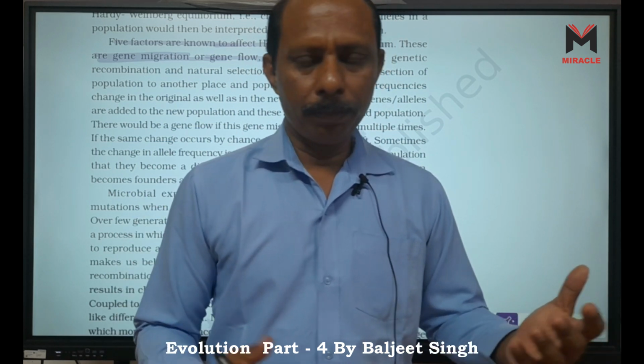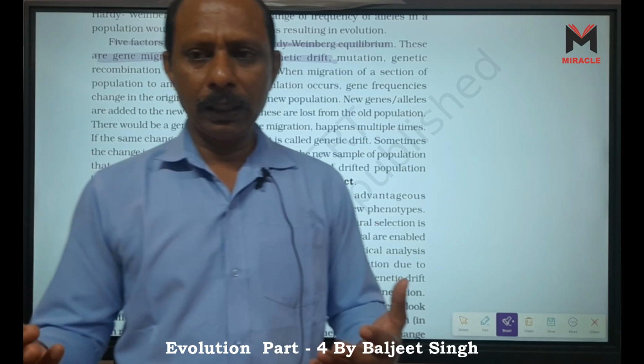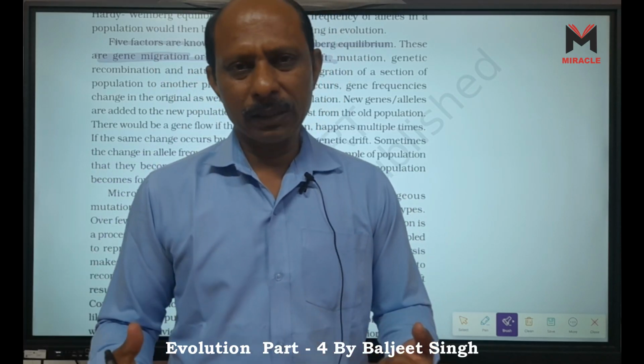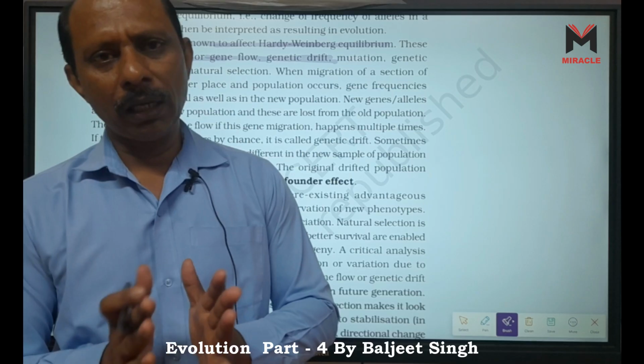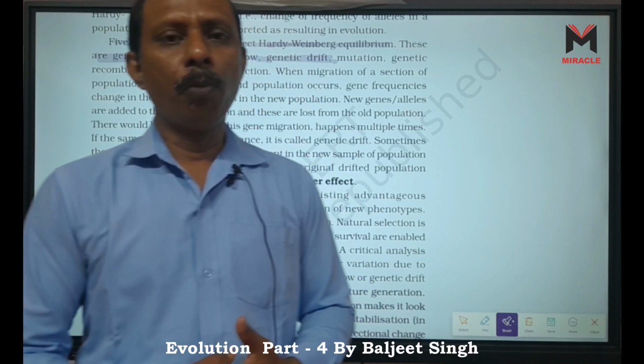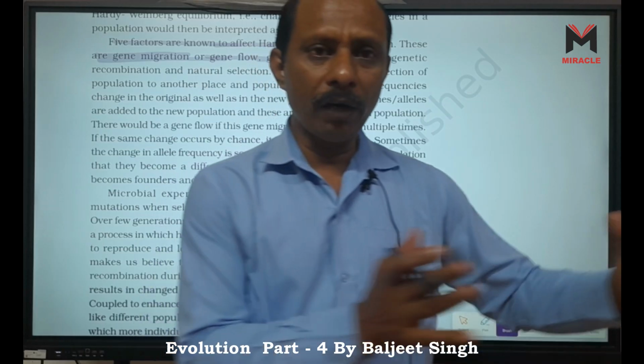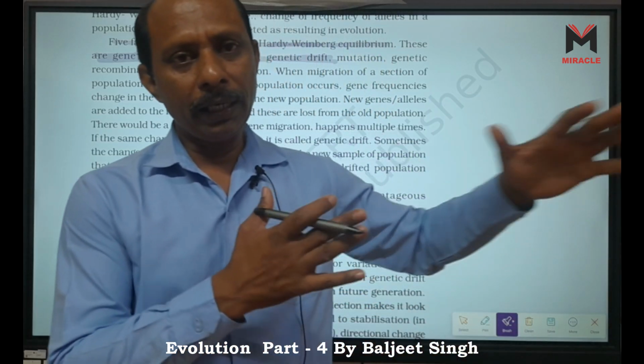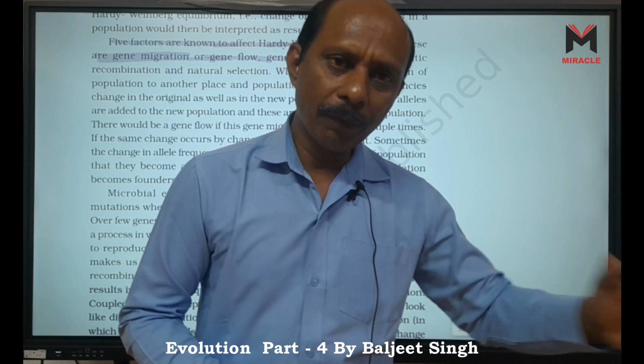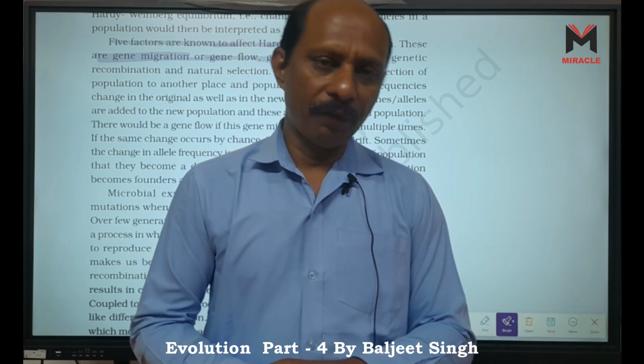Due to flood, or sometimes epidemics, endemics, forest fire, earthquake or flood, maximum individuals are dead, they are killed. So this is called bottleneck effect. And when some individuals go and form a new, isolated population, a new species or new population is formed, that is called founder effect. These two are examples of genetic drift.